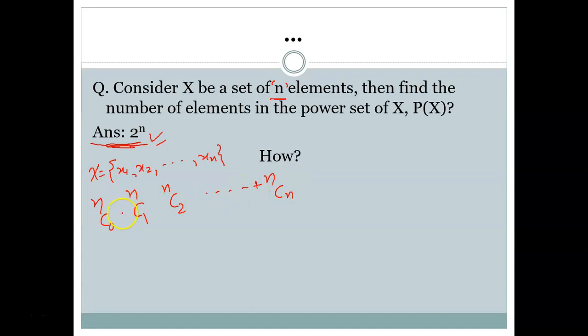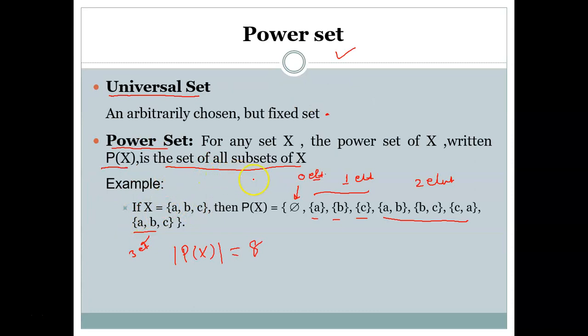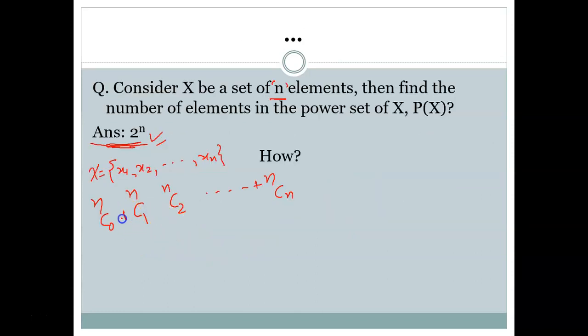So in this way, you have to add all these, because in the last case you have seen the total number of subsets is this one having zero elements, plus this one 3, plus 3 are these, 3 plus 3 is 6, 7, and 1 is this, so 8 in total. So in this way you have to add all these.